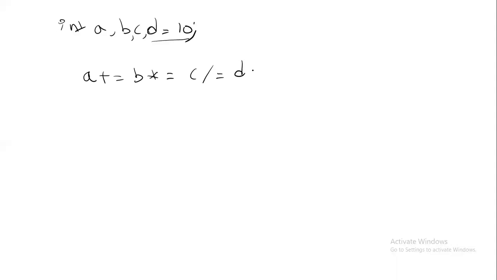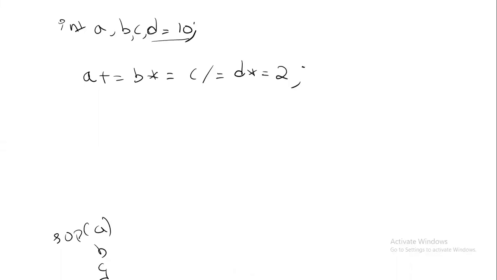I'll write d *= 2. Let me write something like this. And they'll print using System.out.print the values. I'll not write it here. So what we have to print is the a value, b value, c value, d value. So how do we evaluate this?